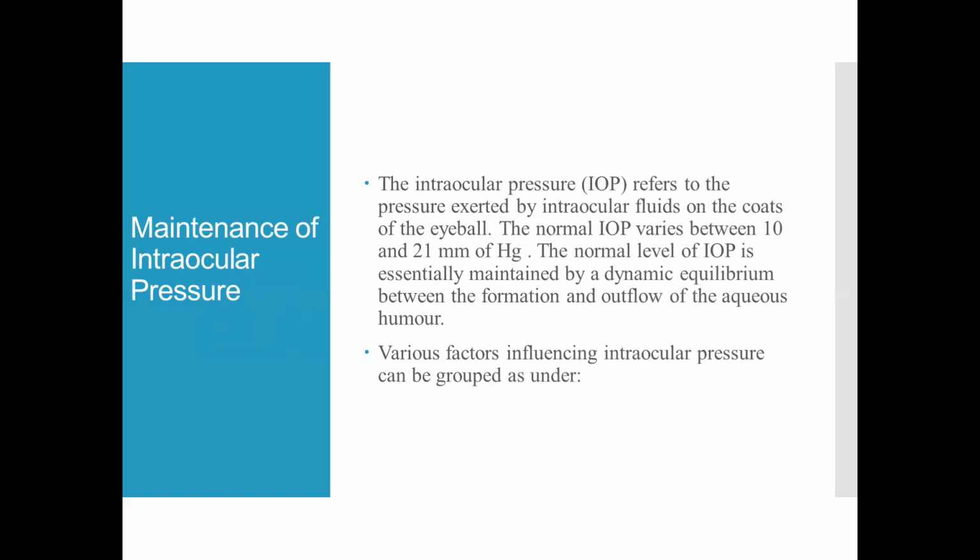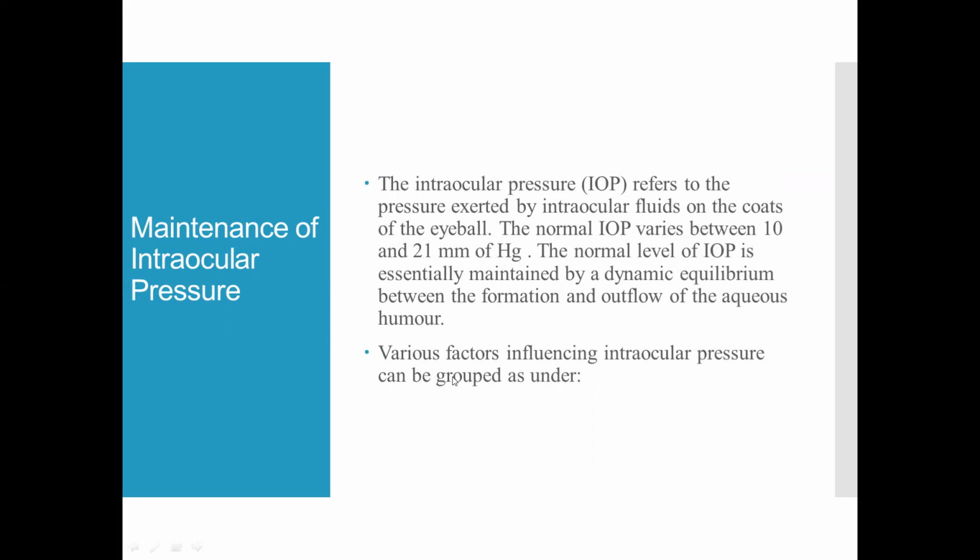So, maintenance of intraocular pressure. The intraocular pressure refers to the pressure exerted by intraocular fluids on the coats of the eyeball. The normal intraocular pressure varies between 10 and 21 millimeters of mercury. The normal level is essentially maintained by a dynamic equilibrium between the formation and outflow of the